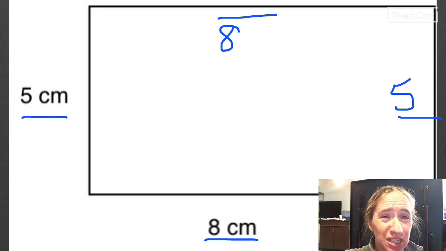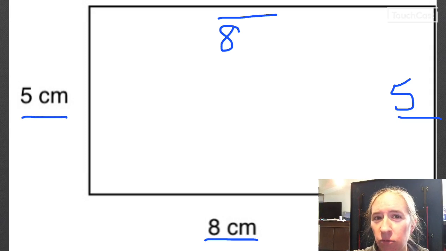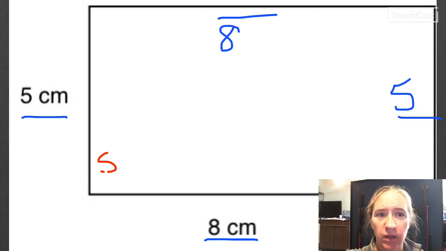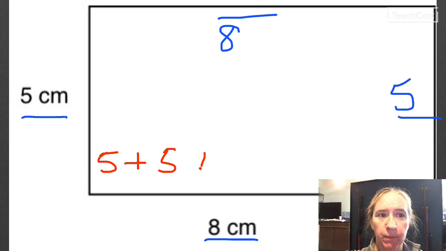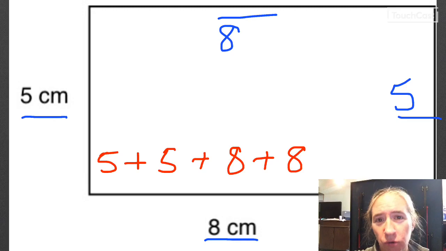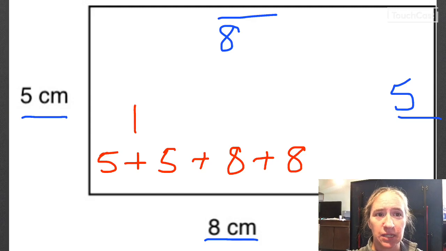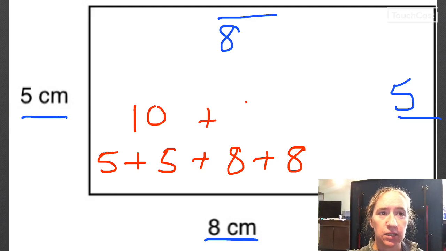And then I can just add all the numbers up to get the perimeter. Watch and see the order I add them and see if you can tell why I picked that order. I'm going to go 5 plus 5 plus 8 plus 8. Order doesn't matter in addition. Did you guess? I did 5 plus 5 because I can add 10s really fast. That means it's going to be 10 plus 16, which equals